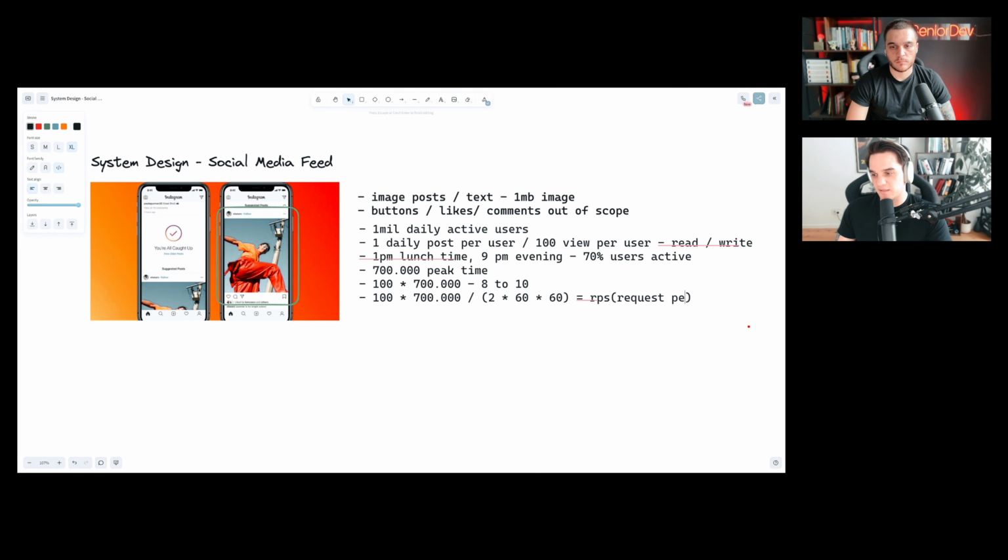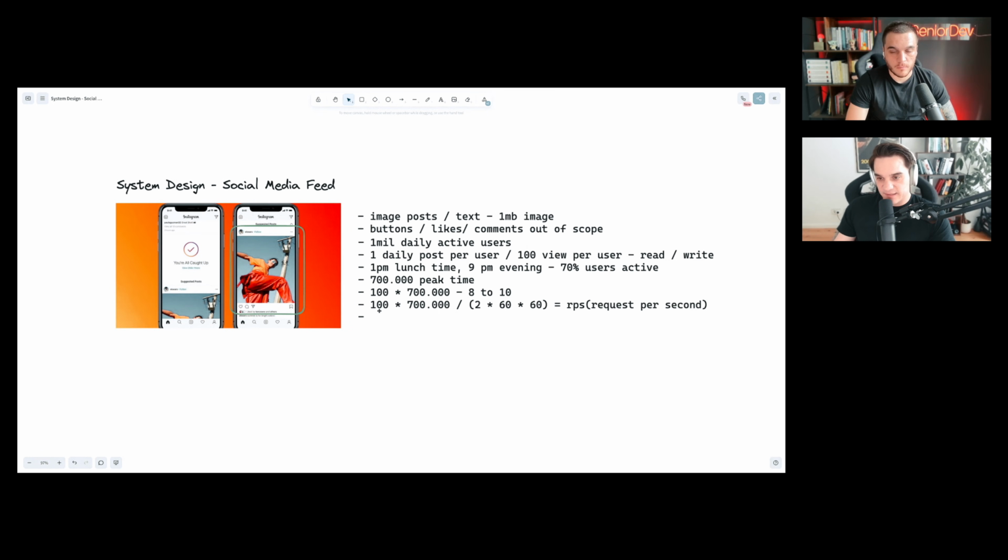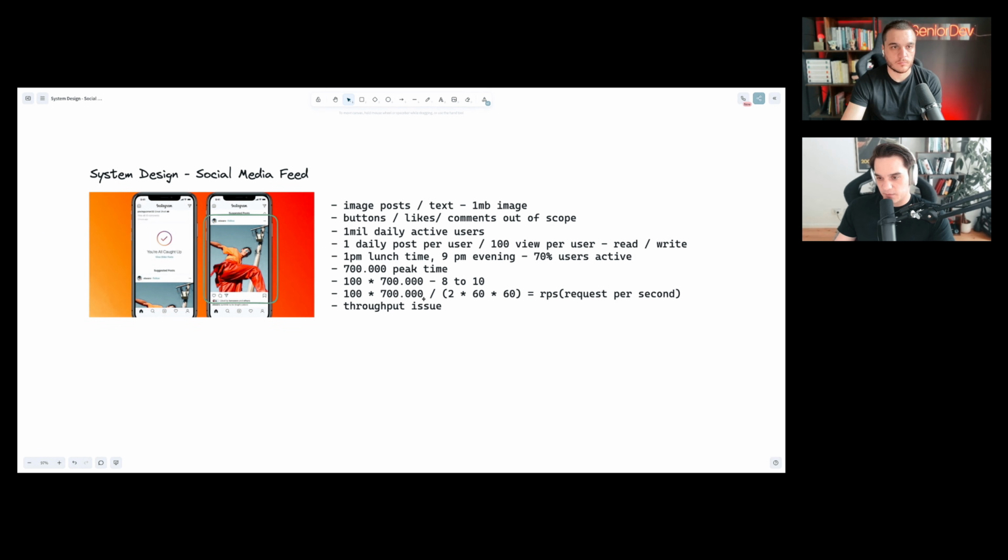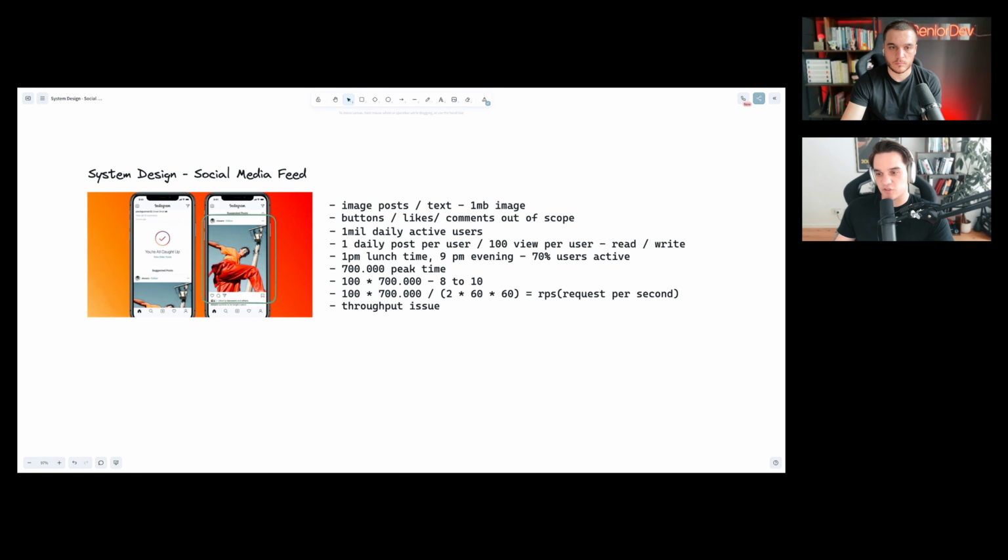What I'm trying to get here is how much load we will have on our service. So I would say this maximum load, given our usage, is what we can expect in terms of system specifications. The other thing is the data throughput. So we have a 1 megabyte image. They are downloading 100 of those over 2 hours, or however long they spend scrolling. So we'll also have a throughput capacity problem. We can maybe talk about that later, but I'm going to add here that we have a throughput issue. Most of those we can solve with cloud services. I will try and sketch a first version of the system that we need to satisfy these functional